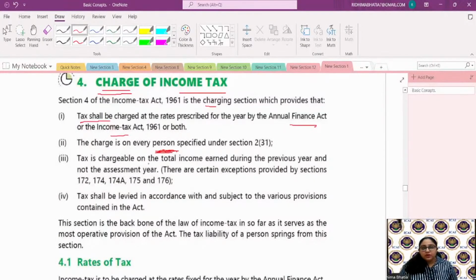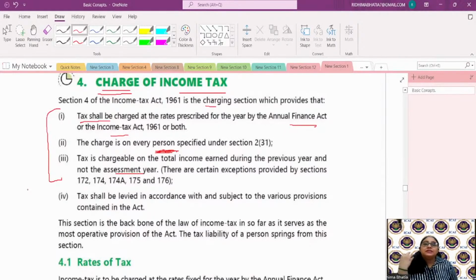You read the definition of person, specified under Section 2, Clause 31, right? On the income earned during the previous year and not the assessment year. The charging section gives us the clarity that every person who is earning an income during the previous year would be charged